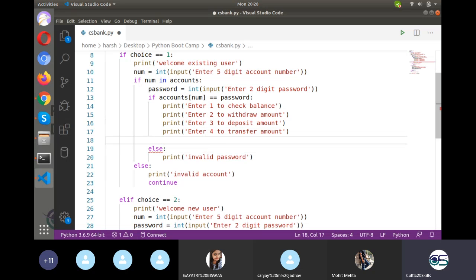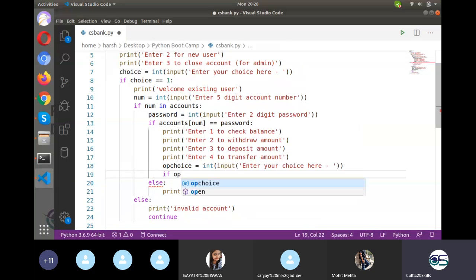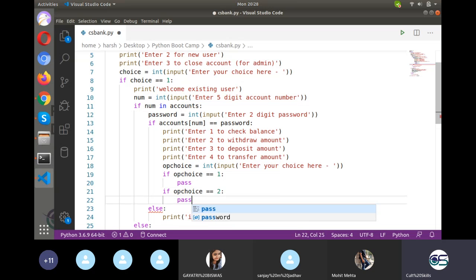Now we need to ask the user for the choice again, and I'll call it op choice. Enter your choice here, and then again if op choice is equal to 1, pass. If op choice is equal to 2, pass.